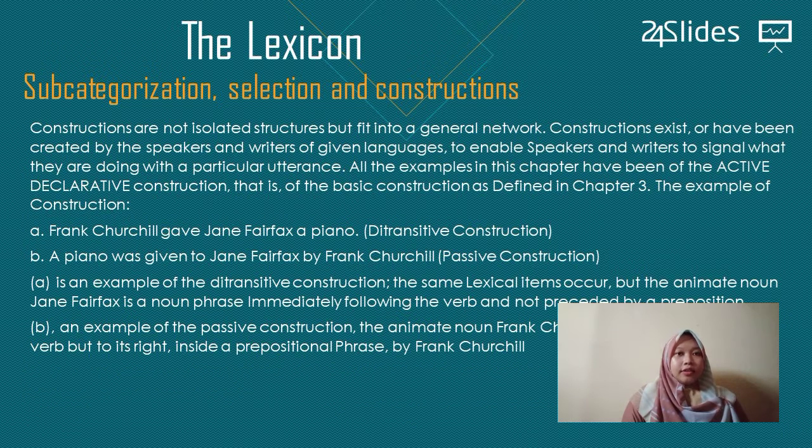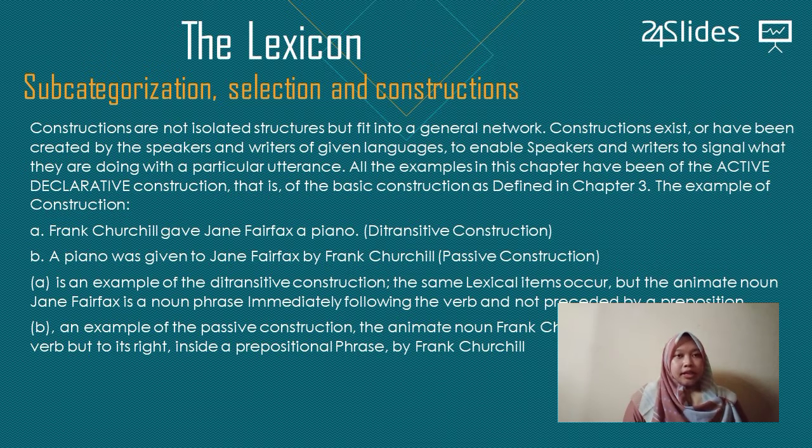Constructions are not isolated structures but fit into a general network. Constructions exist or have been created by the speakers and writers of a given language to enable them to signal what they are doing with a particular utterance. All the examples in this chapter have been the active declarative construction, that is, the basic construction as defined in chapter 3. The example of construction: